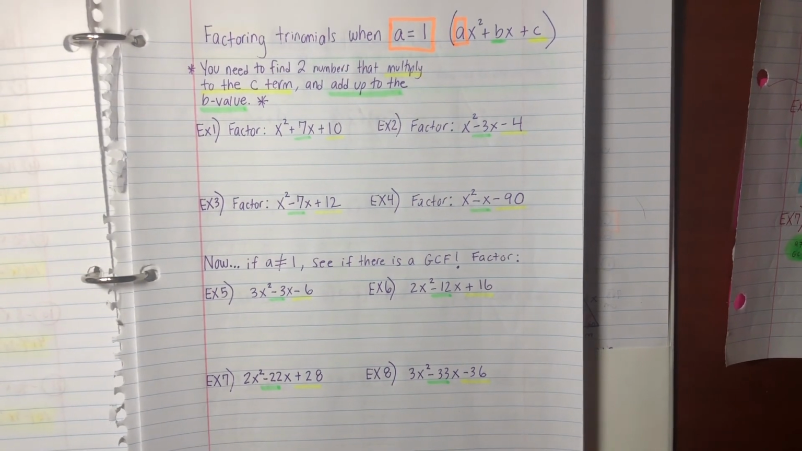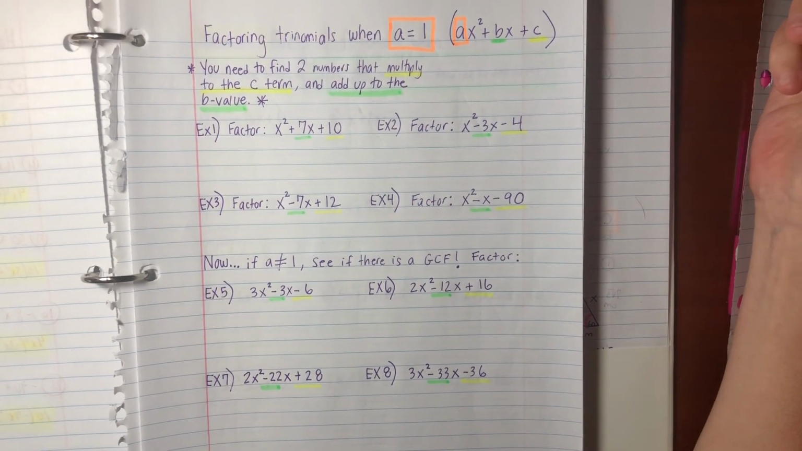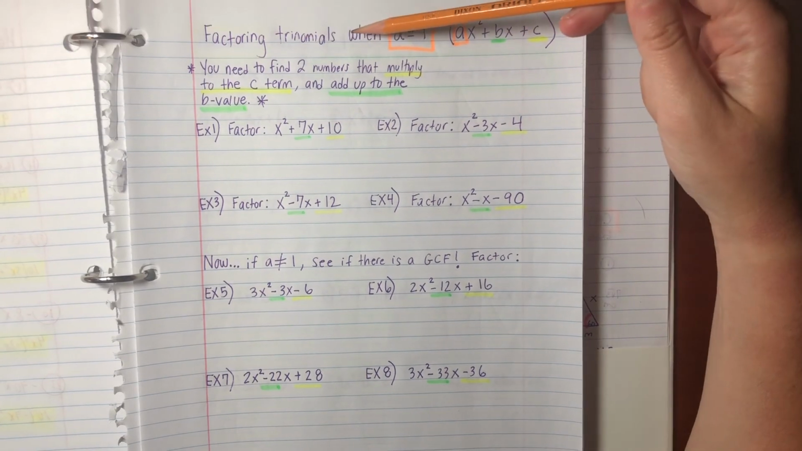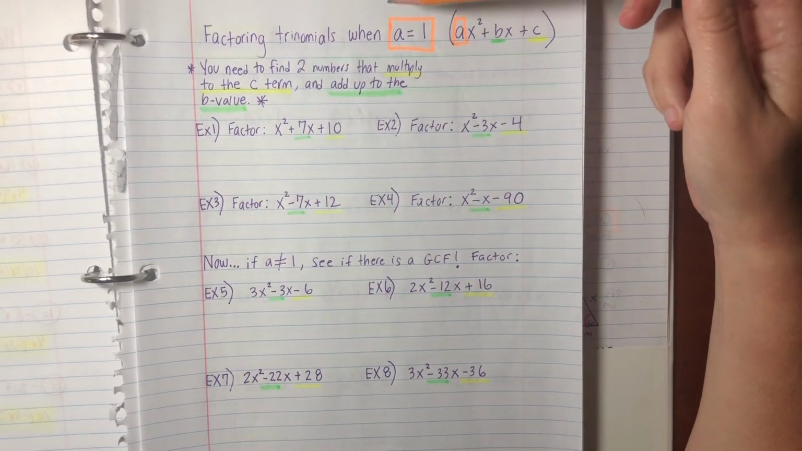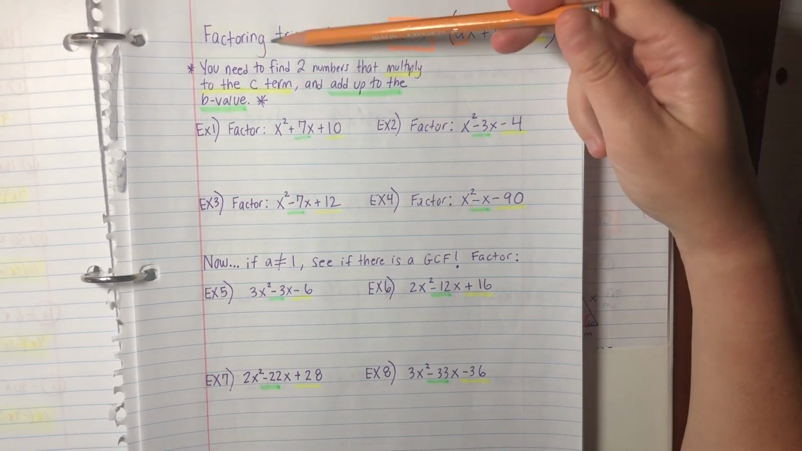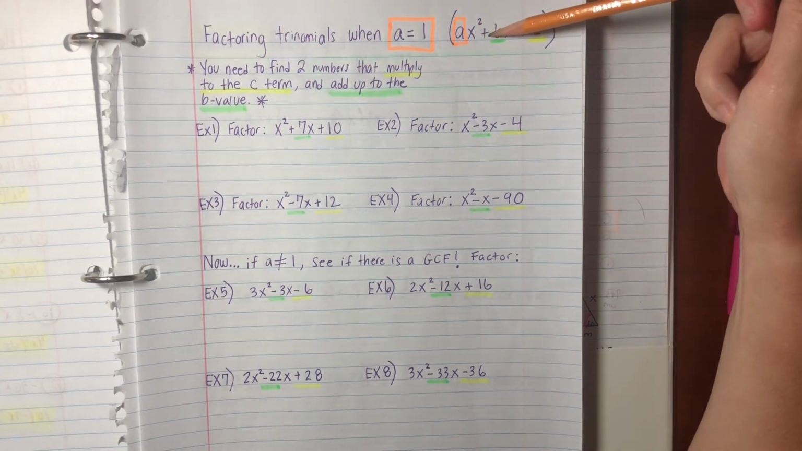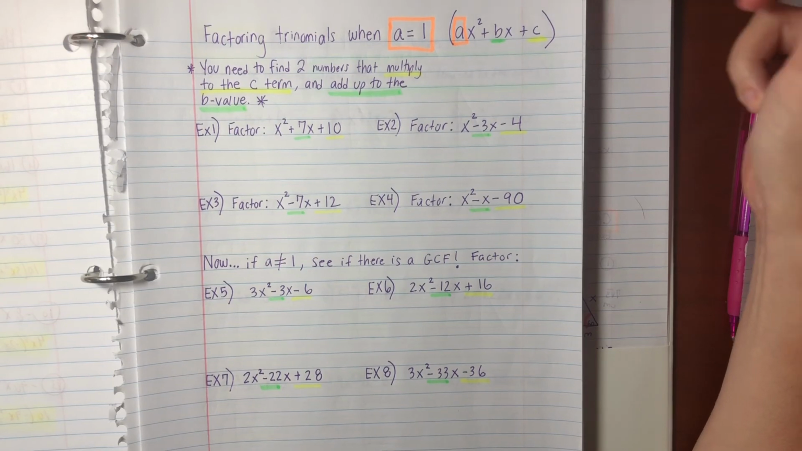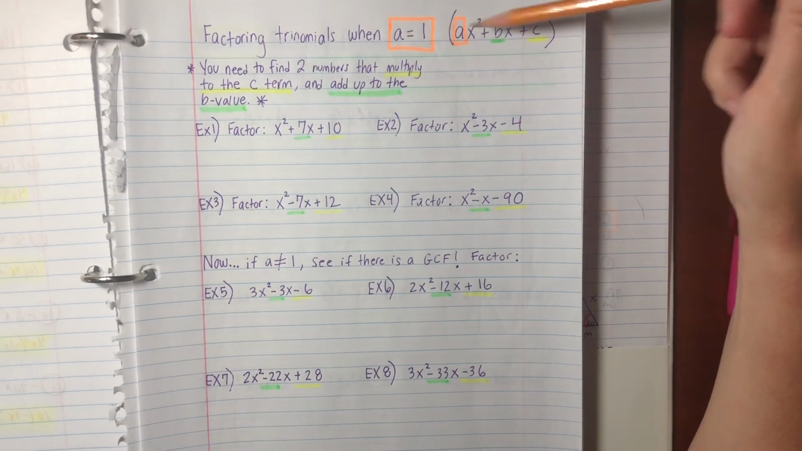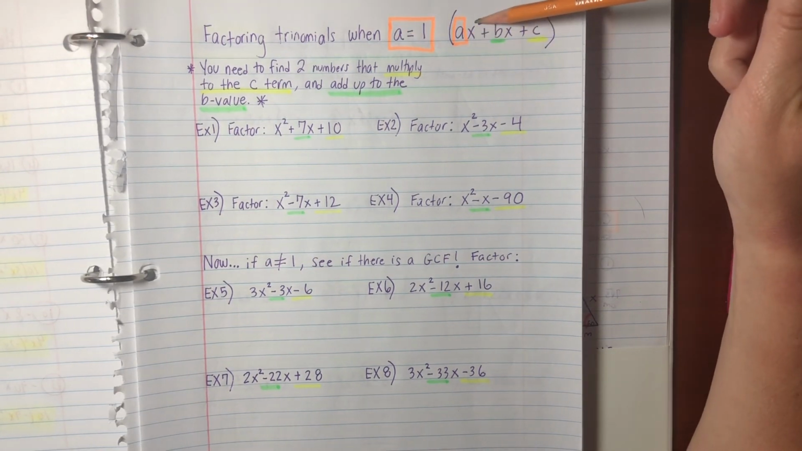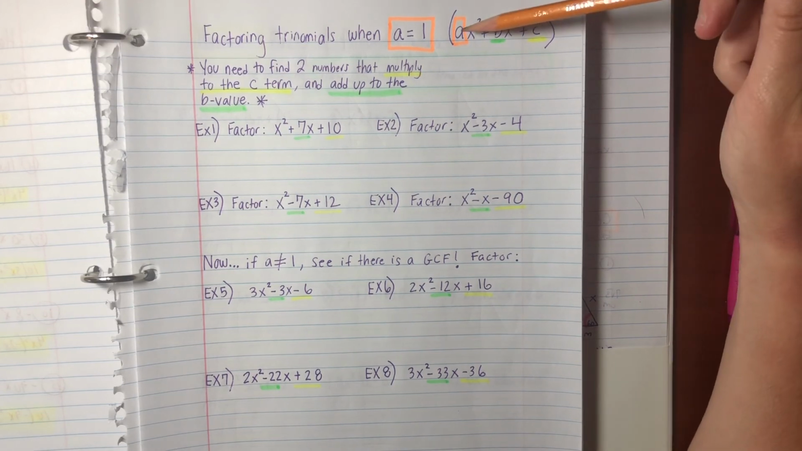Hey guys, so our lesson today is going to be factoring trinomials when the a value is equal to 1. If we think back to what trinomials are, trinomials are essentially just polynomials that have three terms. In this specific case, when a is equal to 1, if we look at our standard form, we have ax squared plus bx plus c,